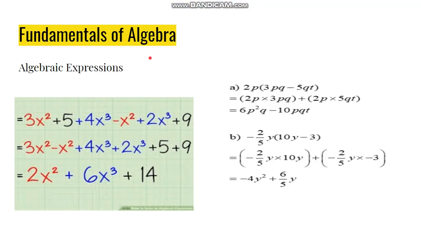Now, fundamentals of algebra. Many of us, just by hearing the word algebra, get confused about how to solve it. We start imagining weird numbers or expressions which consist of numbers, letters and parts as well. Some of us also think that it is the toughest branch of mathematics and very tough to solve. Well, what if I tell you it's not?